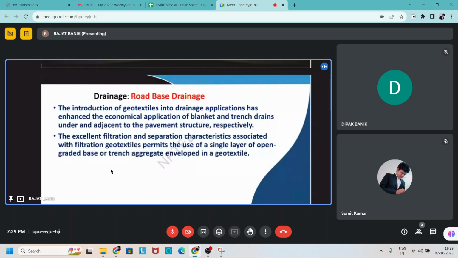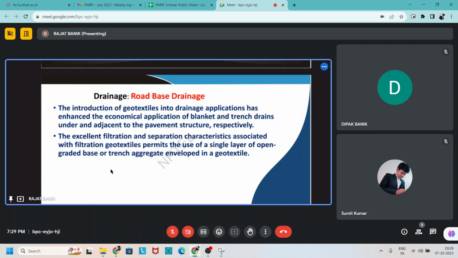The introduction of the geotextile into drainage application has enhanced the economical application of blanket and trench drain adjacent to the pavement structure respectively. The excellent filtration and separation characteristics associated with filtration geotextile permit the use of a single layer of open graded base or trench aggregate enveloped in a geotextile. So by this arrangement, we can also use geotextile